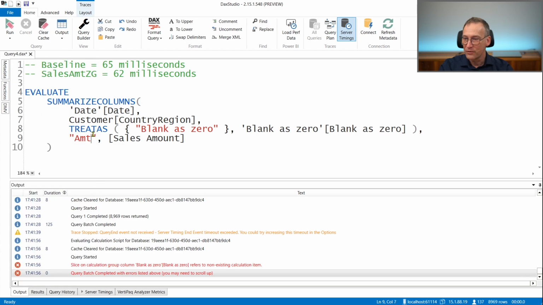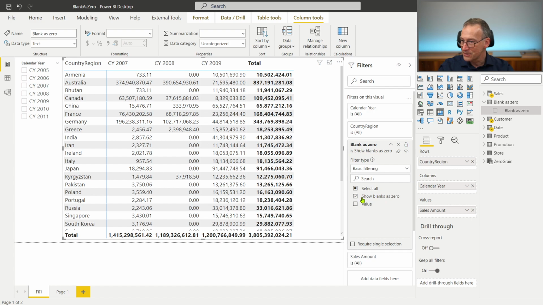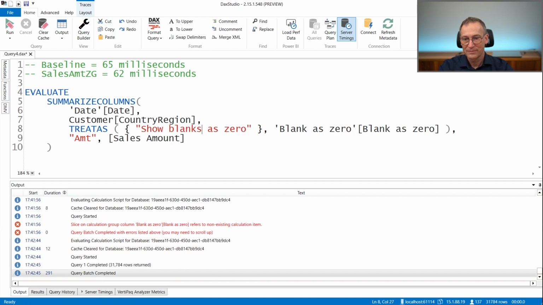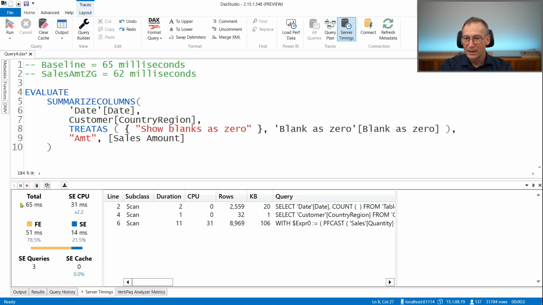Oh, what is the value of blank as 0? That I don't remember. Let me go there. Blank as 0, show blanks as 0. Okay. Show blanks are 0. Okay. And it is 65 milliseconds. That is super cool. Because that means that this specific calculation item does not introduce further slowness compared with the